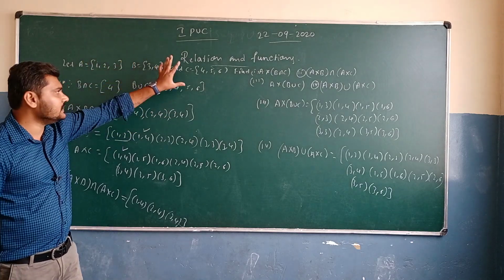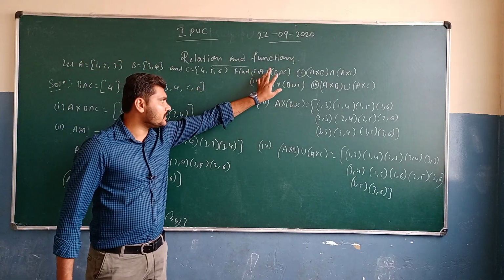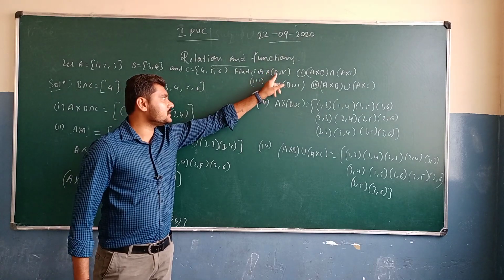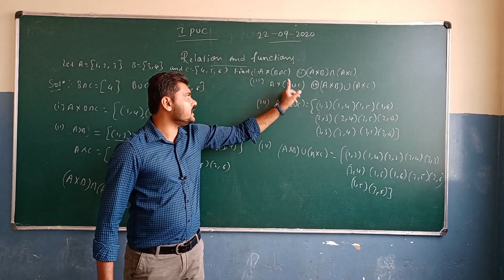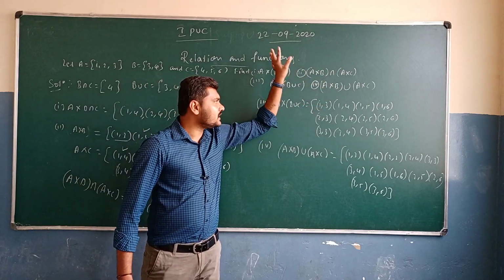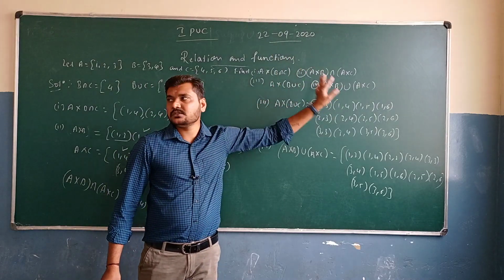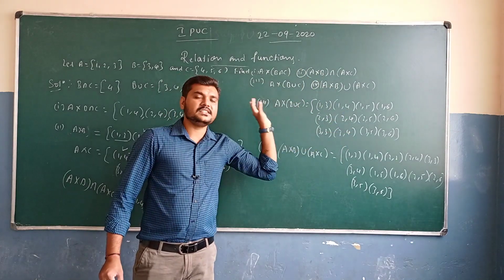So A, B, C. We need to mention every Cartesian product and the basic concept of the intersection sets as well as the union set. Now ಇಲ್ಲಿ union ಇದೆ, ಇಲ್ಲಿ union ಇದೆ, intersection ಇದೆ, intersection ಇದೆ. ಅಂದ್ರೆ ನಾವು ಯಾವಾಗ intersection ಮತ್ತೆ ಯಾವಾಗ union ನ ಬಳಸಬೇಕು ಅಂತ ಕಾನ್ಸೆಪ್ಟ್ ಇದೆ. So you can easily solve these things.